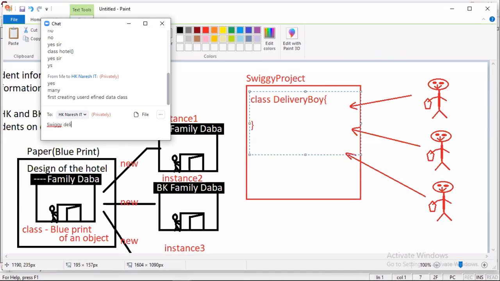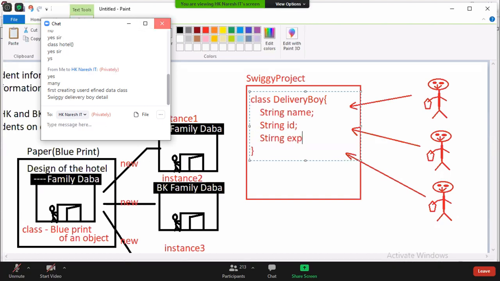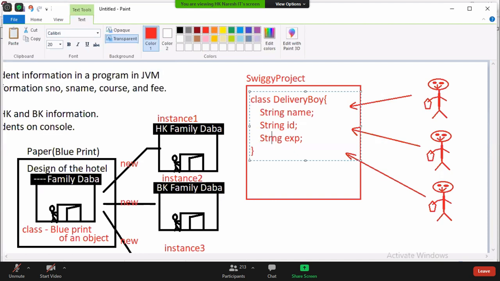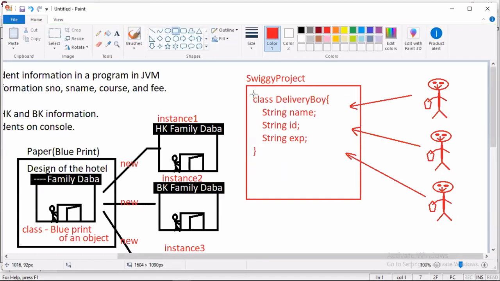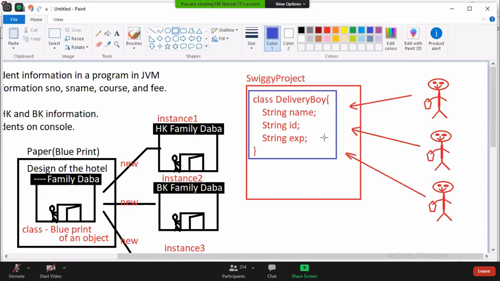Delivery boy, some details, string name, string ID, string experience, blah, blah, blah, like so many, qualification, all those things. First you have to create this class. This class is representing a particular boy or any boy, all the boys.